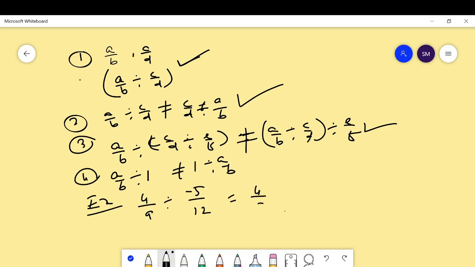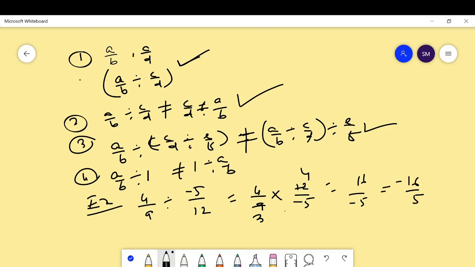In case of division of rational numbers, take the inverse, take the reciprocal and do multiplication. Suppose 4 by 9 divided by minus 5 upon 12 means 4 by 9 into 12 upon minus 5, this is the reciprocal of minus 5 upon 12. Then 3 3 ja, 3 4 ja, we get 16 upon minus 5. This is not in standard form; it is minus 16 upon 5. Always write the answer in standard form. It is very necessary. Always represent in standard form.